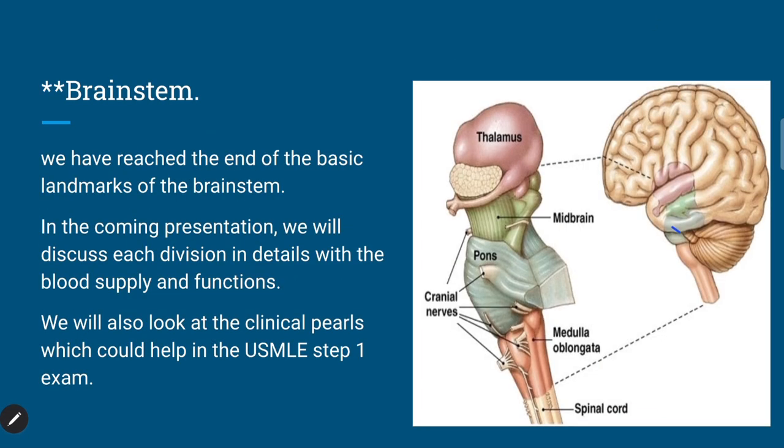We have reached the last slide of the brainstem, and these are basically some fundamental landmarks of the brainstem. In the coming presentations, I have divided all three into different areas. I have made another presentation on midbrain, then we have one on pons, and then we have one on medulla oblongata. In these divisions, we are going to look at these different structures in these areas, and we are going to look at the clinical pearls or clinical cases pertaining to the USMLE Step 1